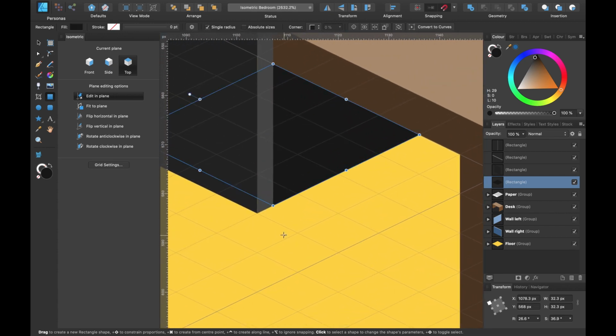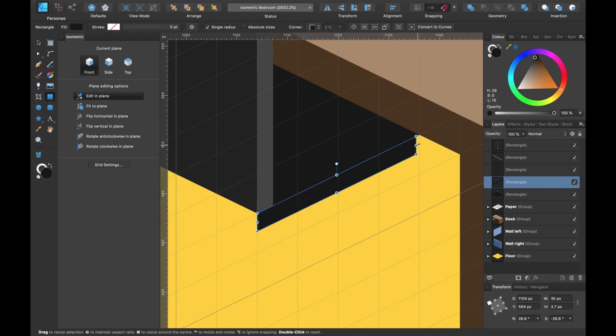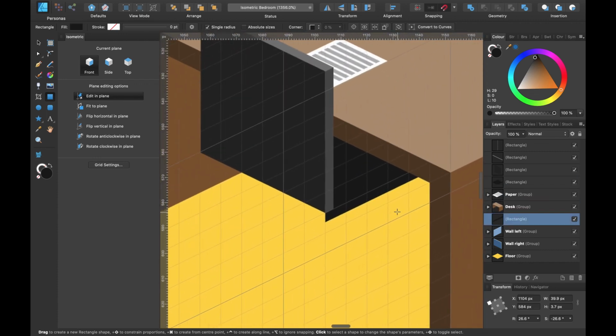And we'll add some thickness to this as well. So for this, I'll press side in the plane mode. And I'll just click anywhere around here. And I'll just drag it out like so. Now I could either drag this layer, because you can see it's going over the table. I could either drag the layer so it goes underneath the desk like that and change the color.